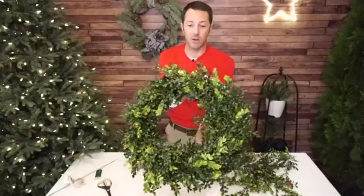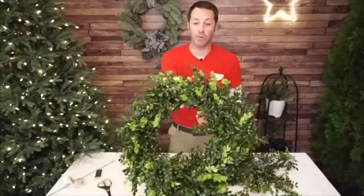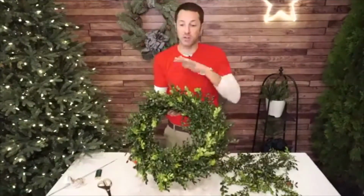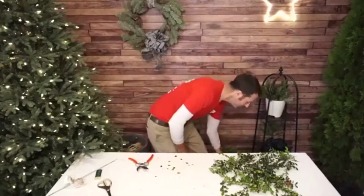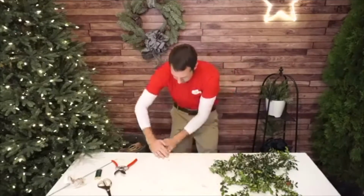But this is going to look really, really great on my kitchen window or on my front door or wherever I want to hang this. Looks great. And I love them just by themselves. I think it's just perfect just by itself. So there's boxwood done. All right, so the next one, another common plant that we grow in this area is